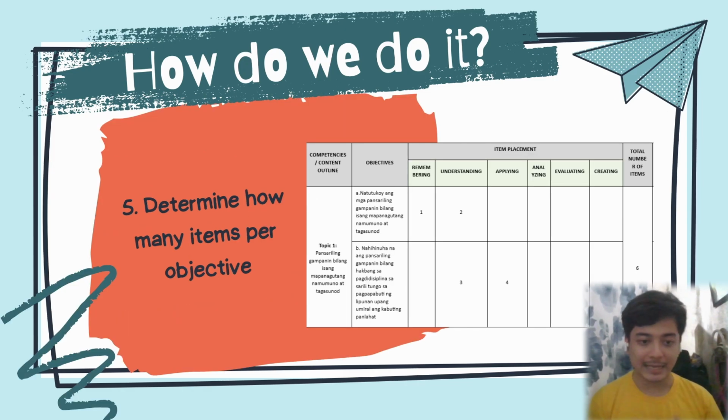Next, determine how many items per objective. This is where you decide how many items you input on each objective. So for objective 1, are you using 2? For objective 2, do you have 3 or 4? Okay. Next,